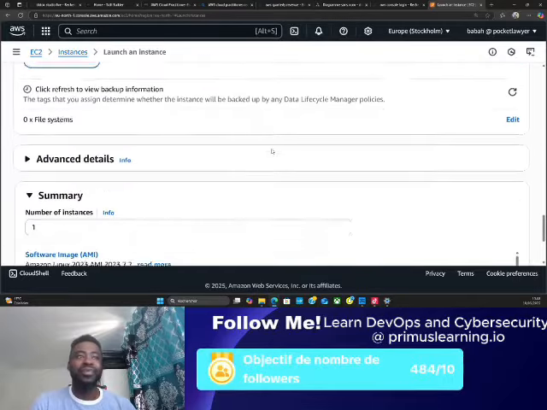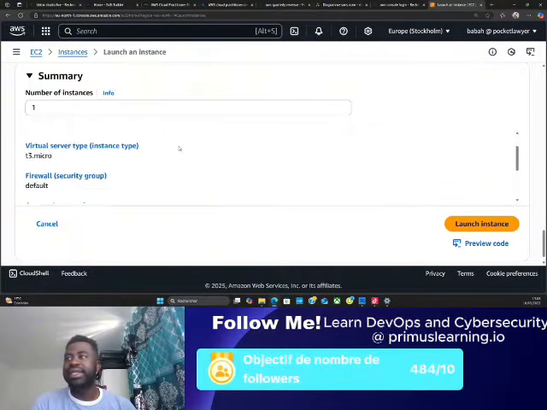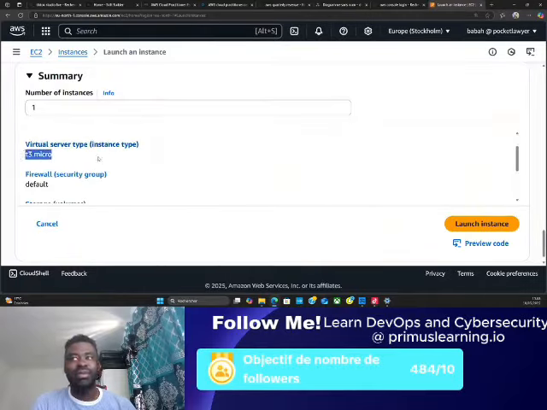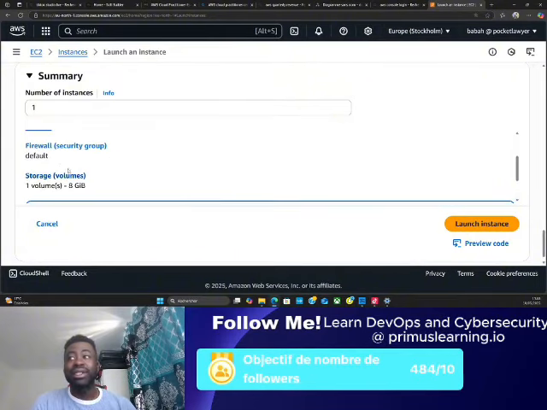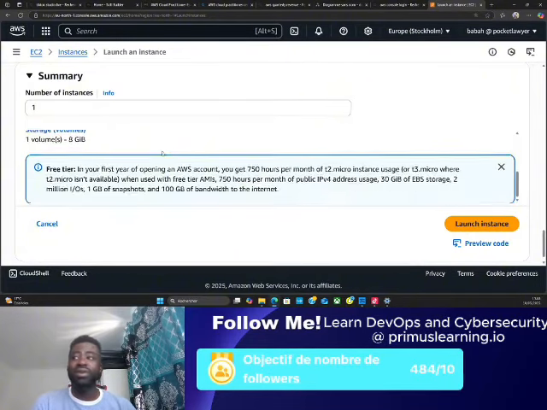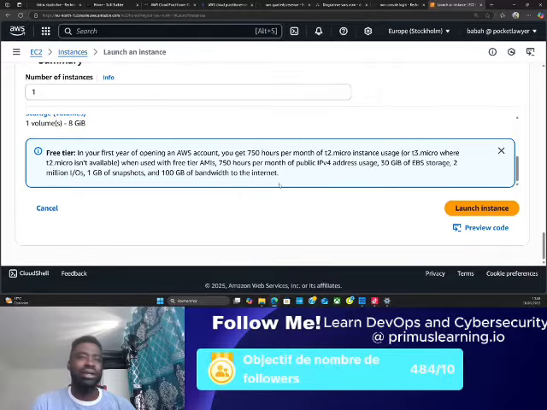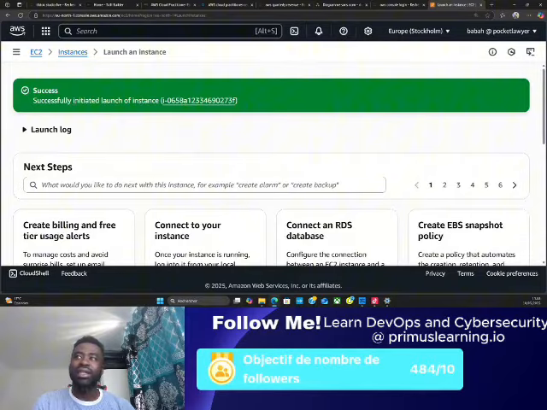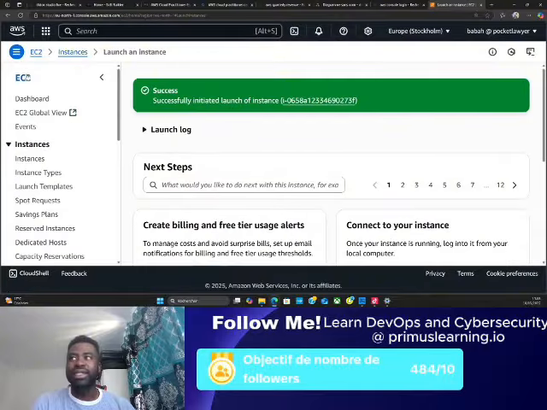So with that, I can go ahead and see that my image is Amazon Linux. The instance type here is T3 micro. This is the security, the firewall is default, which I choose, and all of that. So I'm just going to launch the instance now. And you see, launching instance, your instance launch has been initiated. So if I go back to my instances,